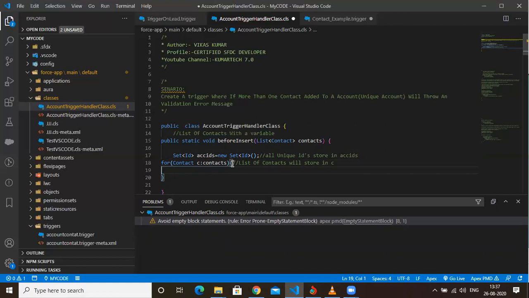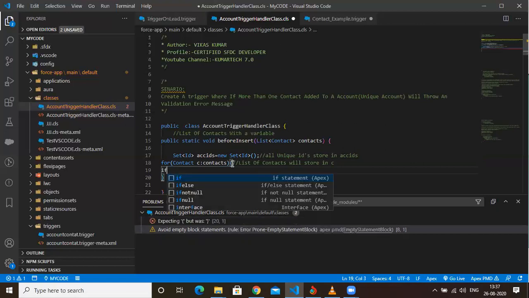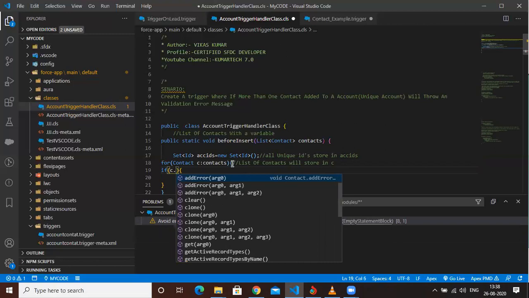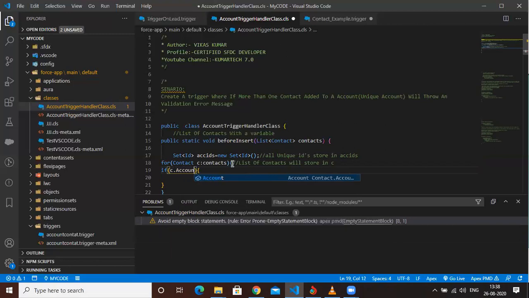Now guys, once that is done, one condition I have to give. What will be that condition, sir? If my contact, the list of contact dot AccountId, is not equal to null, then only I will perform this action. What's the action we will perform?